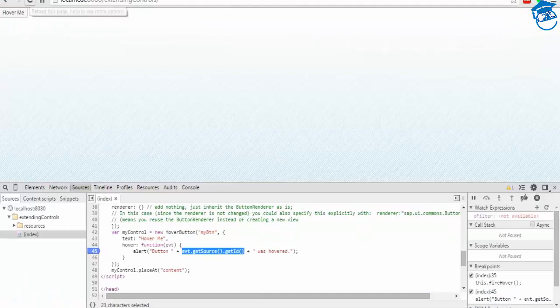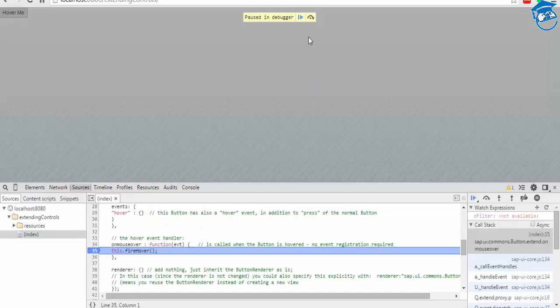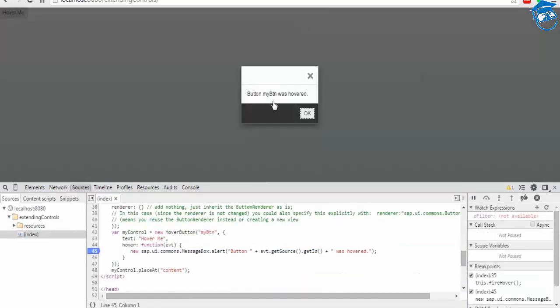So I'm going to refresh this page so that my code gets updated. No, it hasn't been updated. So what I have to do is empty the cache and reload it again. And now, yes, it is updated. You can see the code here, SAP. Once I hover over it, this gets called, and next that particular one, and we're going to return, yes.